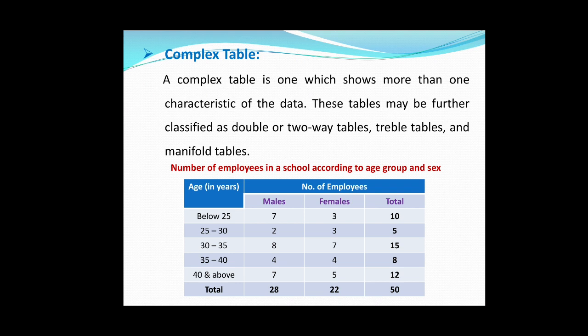Here in this slide is given an example of two-way or double table. Dear students, if the number of employees given in the one-way or simple table as shown in the previous slide are further divided sex-wise, the table would become a two-way table or double table because it would give information about two characteristics. One is age group of employees and second is sex-wise distribution of employees, as shown in the table here in this slide.